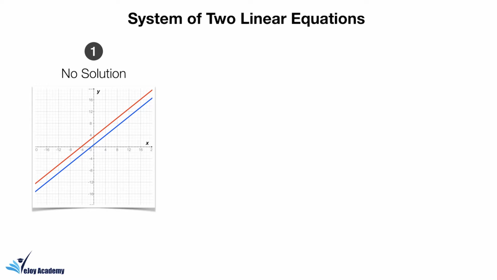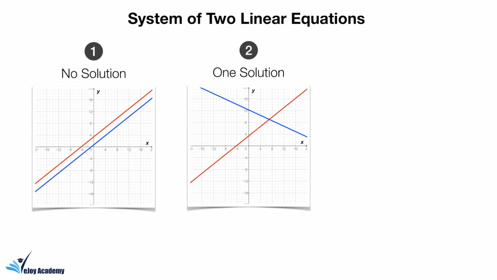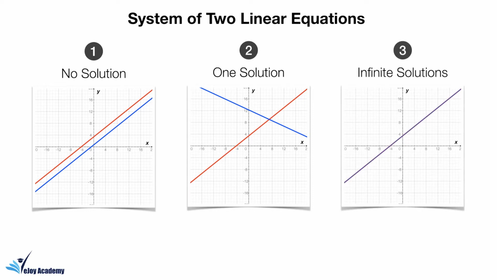In that case, there is no solution for the system of linear equation. In the second case, you have two lines that intersect at a single point. So in that case, your system of linear equation has only one solution. And in the third case, you have two lines that are overlaid, and in that case you have infinite number